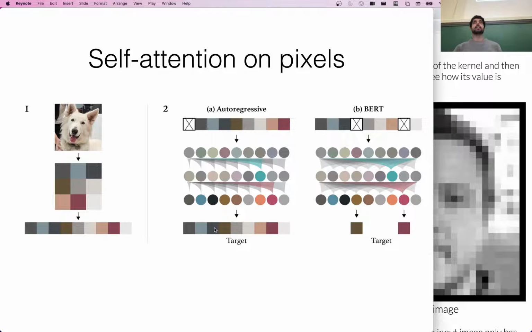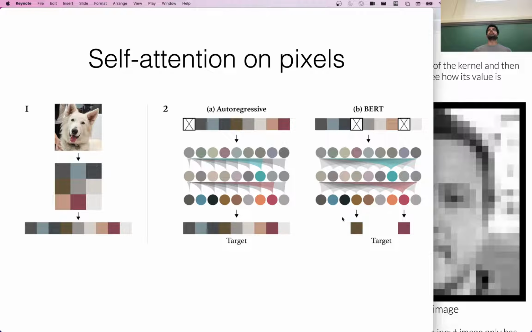Here, you're trying to predict this dark blue value, and so on. So very similar to text, except your targets are not words or tokens, but rather the value of the next pixel. You can also do this in the masked language modeling setting, right? You can take one of these sequences, you can mask out different pixels, and then ask the model to predict what is the missing value here.